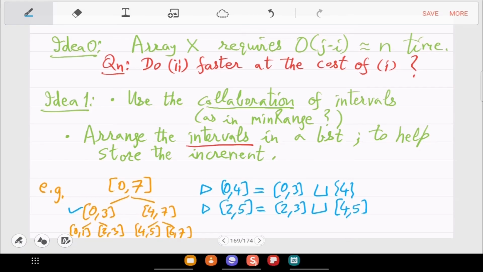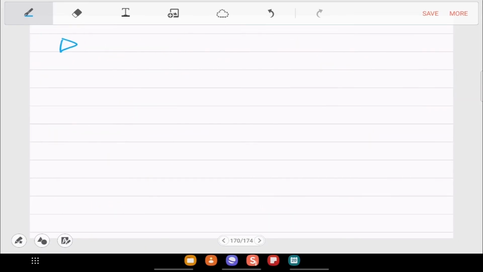Maximum it will be log of 8. Okay, so log n intervals. So what this example tells you is that if I have 0 to n minus 1, let us assume first of all n is a power of 2. And this traversal of that tree of intervals, it's called an interval tree, gives you